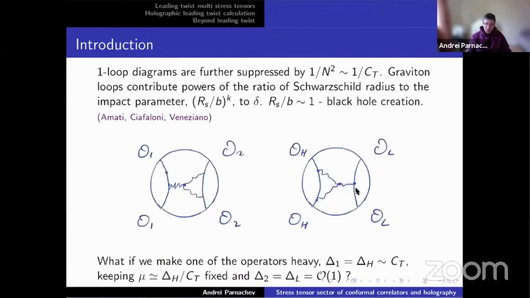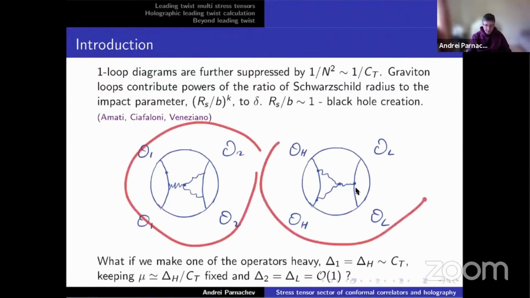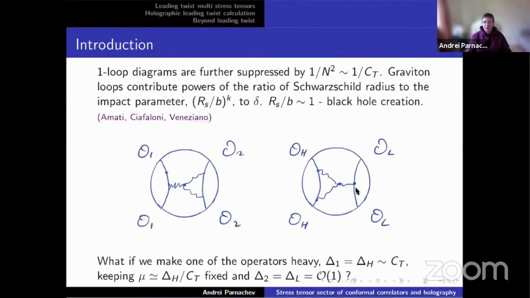Now, one can ask a question, what happens if you go beyond the tree-level diagram? What happens if you consider loop diagrams? So some of the loop diagrams appear here and here. And of course, there is also a box diagram, but that appears because of the exponentiation of the eikonal phase. Now, generally, all these loop diagrams, and then you can consider higher loop diagrams and so on,